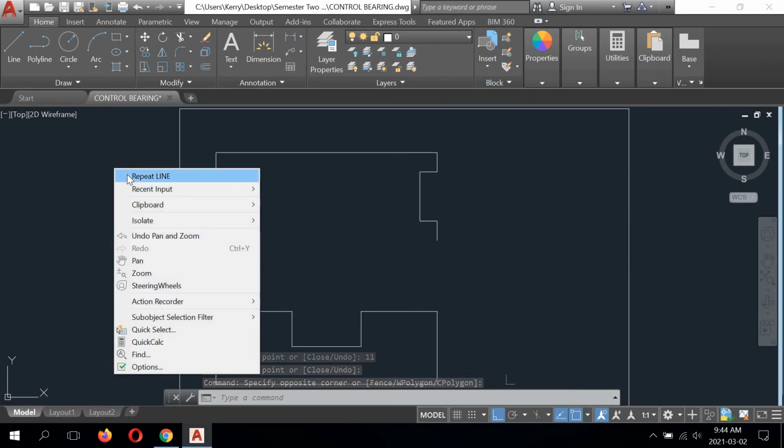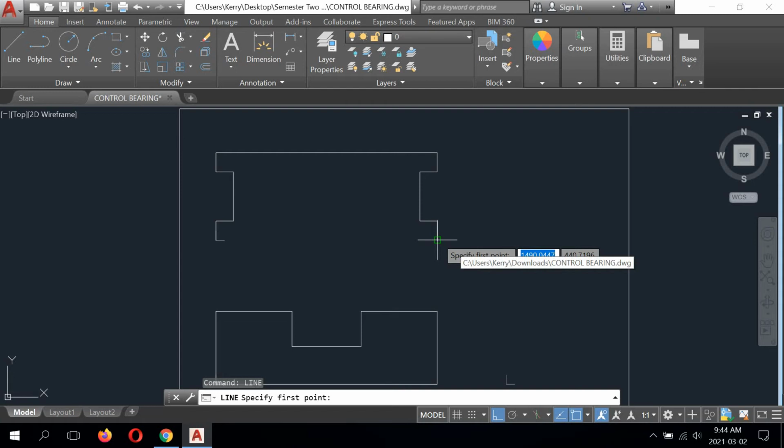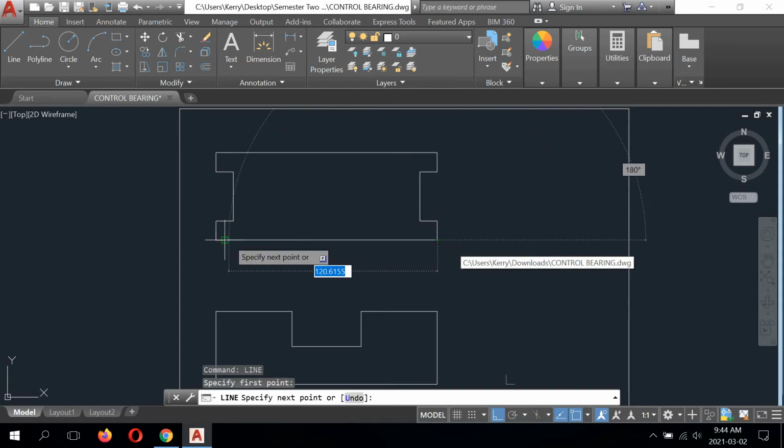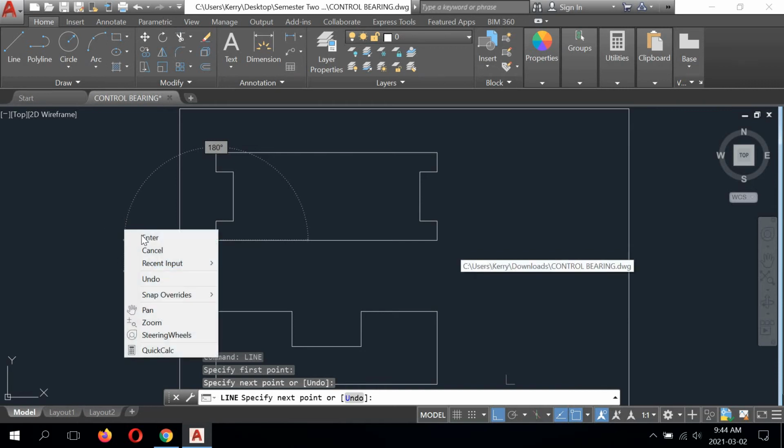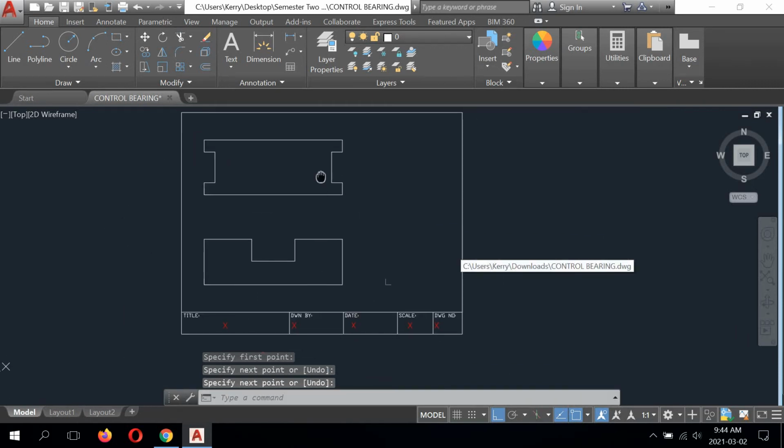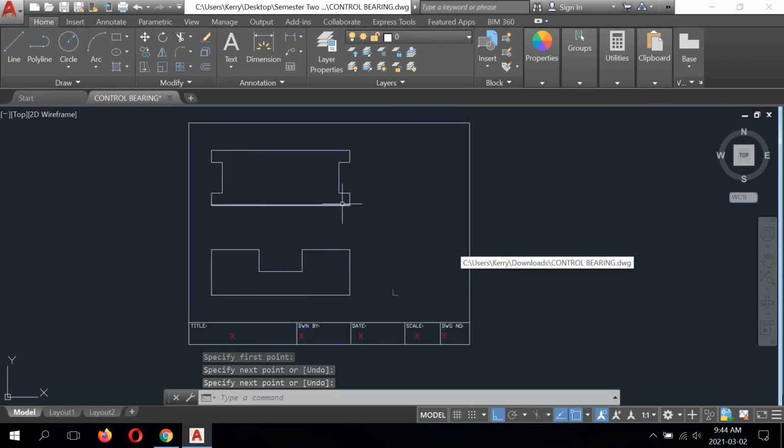So I'm just going to right click, left click, repeat line, grab the endpoint, and click to the origin, and right click and left click enter to escape. Okay, so I've got two views